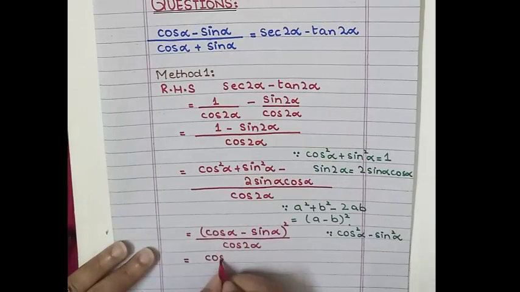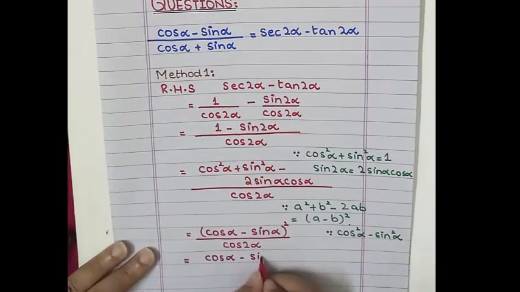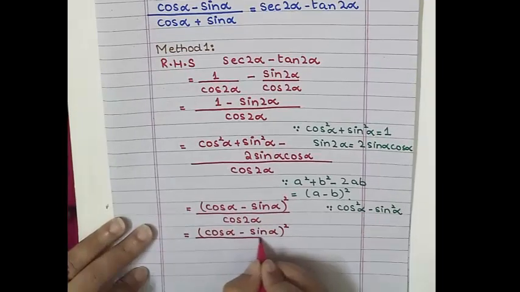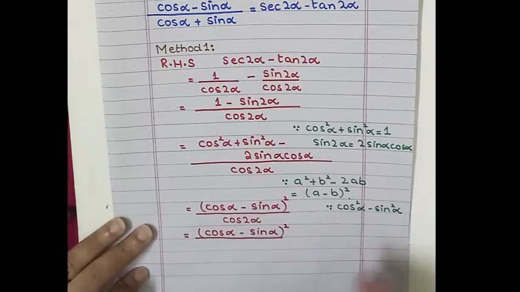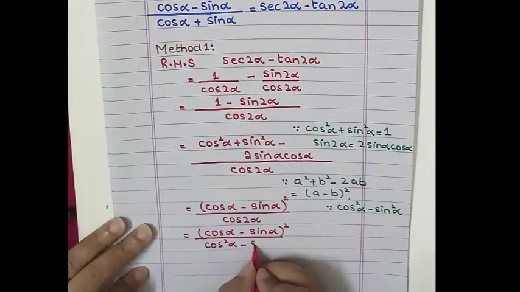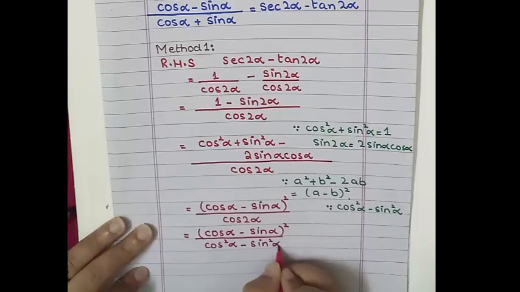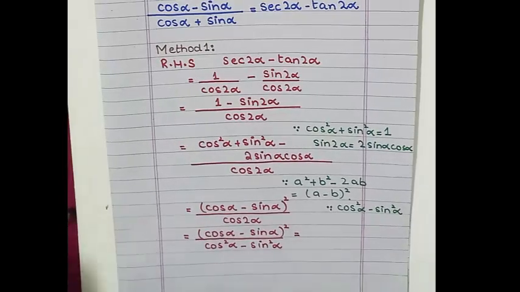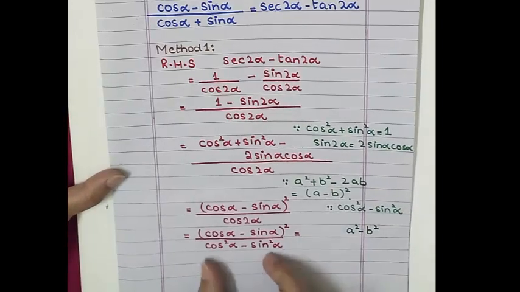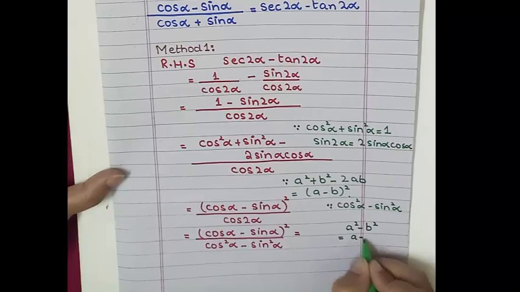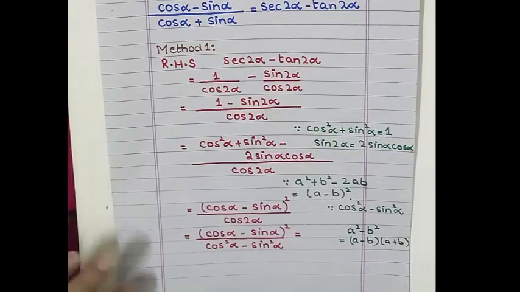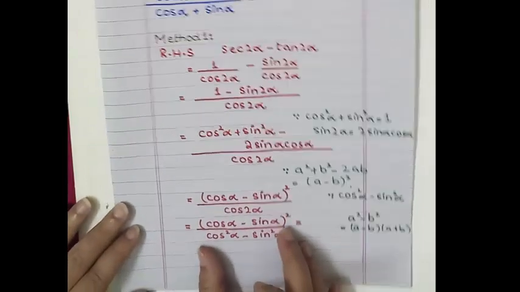So here we have cos alpha minus sin alpha whole square divided by cos 2 alpha, which can be written as cos square alpha minus sin square alpha. Now as we know that a square minus b square is equal to a minus b into a plus b, splitting out this term,